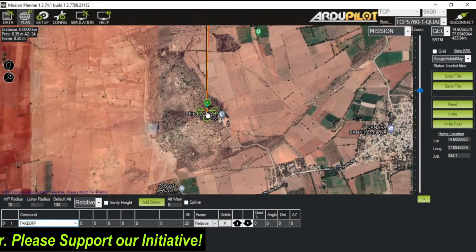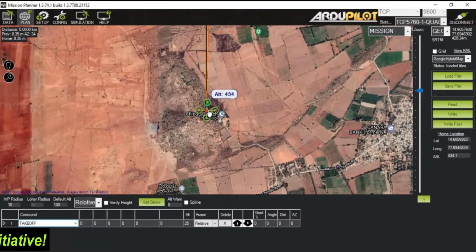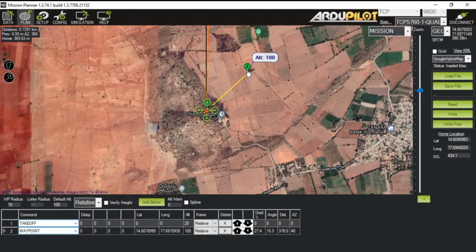After you have reached the takeoff altitude, or your takeoff phase has completed, the second phase is climbing. Your climbing phase will start from this home location to the first waypoint, and the first waypoint is basically the starting point of your mission. You can choose simply a random mission. So this is my starting point of mission. The altitude here I have put 100, right?